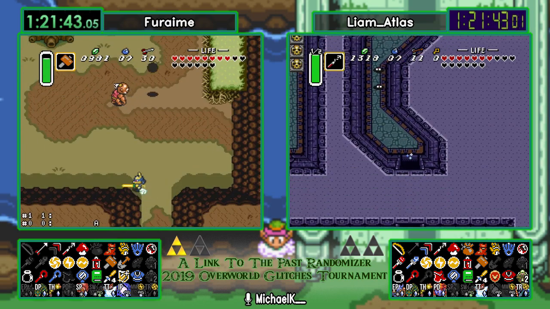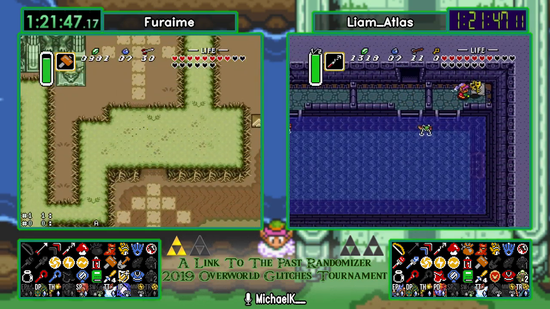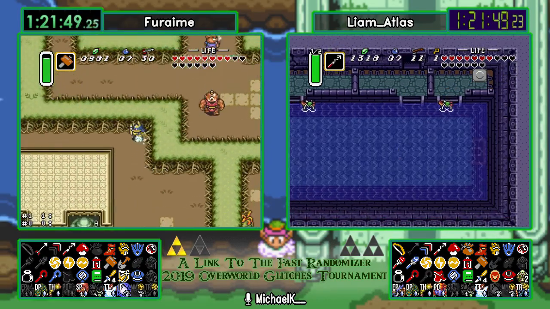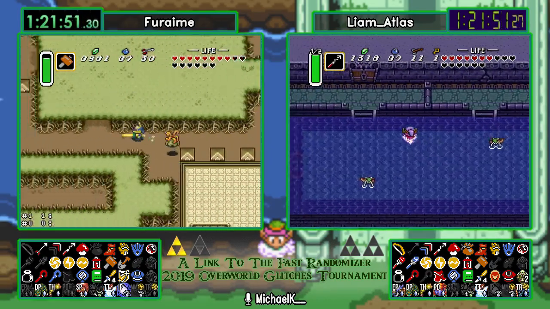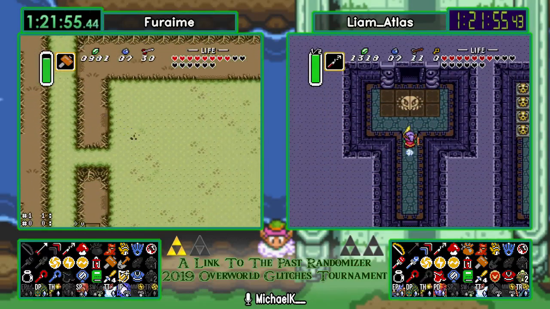Oh, I'm sure Furaime would have continued to Path of Darkness if Catfish wouldn't have had the lamp. The lamp just suddenly opened up, completing Hera and Desert. So